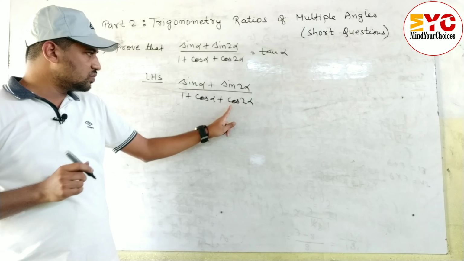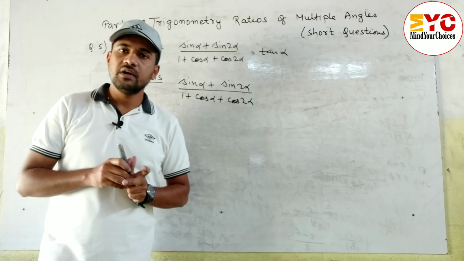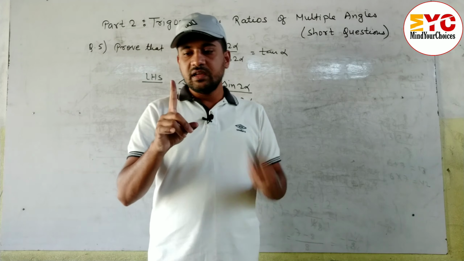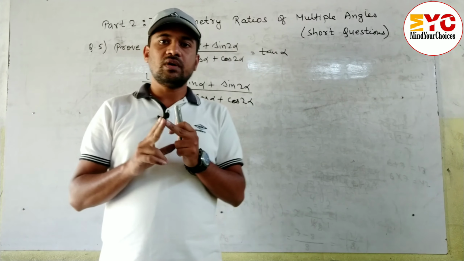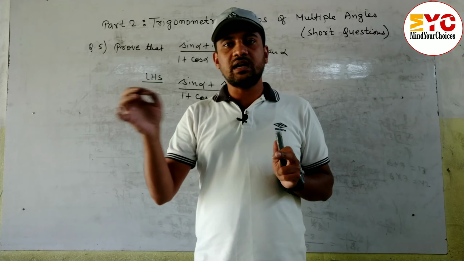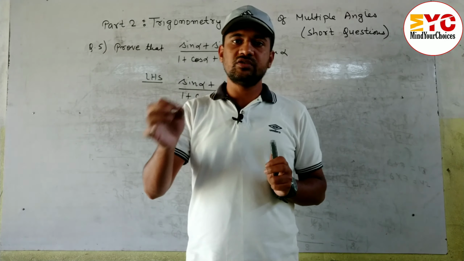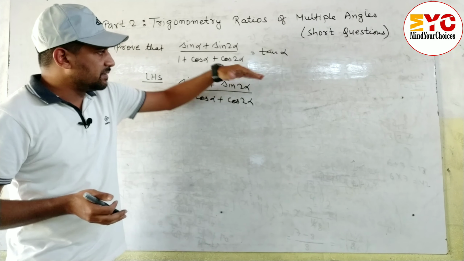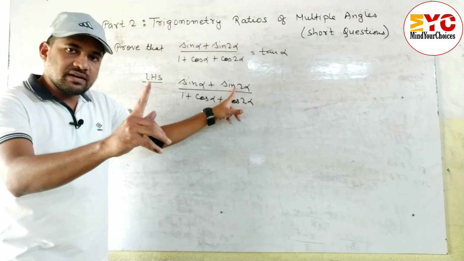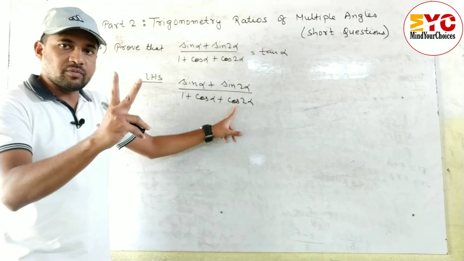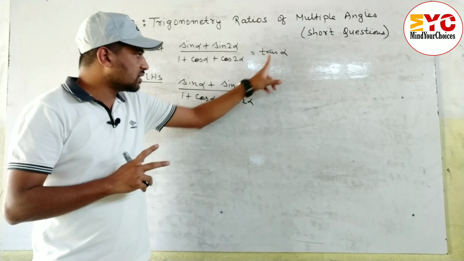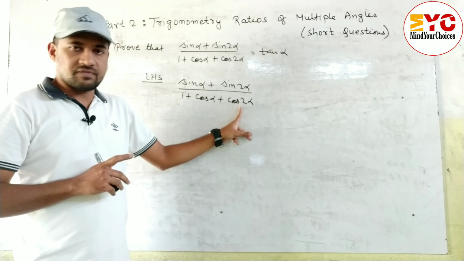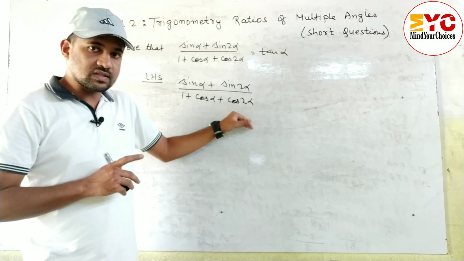So here we have to use the cos 2 alpha formula in the form of cos. In this type of question, for sin 2 alpha we have to use only one, 2 sin alpha cos alpha, and for cos 2 alpha sometimes we have to use 2 cos square alpha minus 1 or 1 minus 2 sin square alpha. Only 3 formulas we have to use here. We have to prove tan, which means sin by cos. Sin 2 alpha, only one we have to use. Cos 2 alpha, we have 2 formulas. If we prove cot, then we have to use the sin formula. If we prove tan, we have to use the cos formula, because for sin by cos we need cos here.